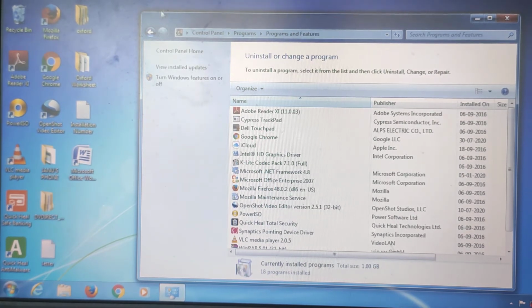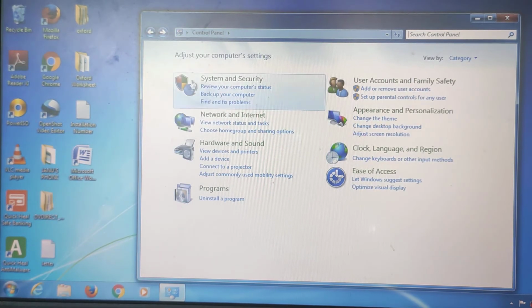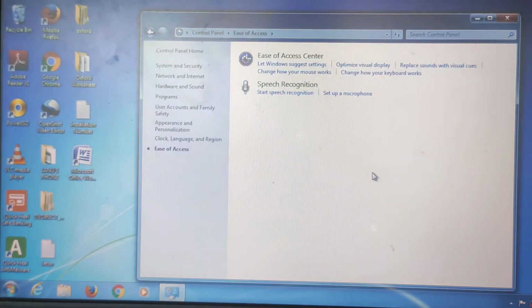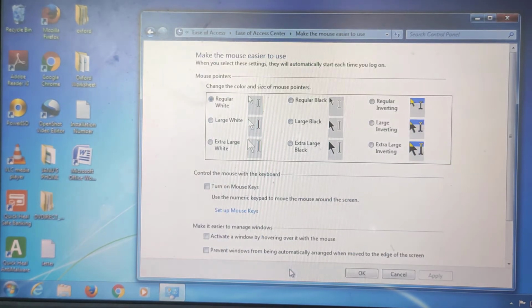So if your mouse is not working, what are you doing? I go to Control Panel. In Control Panel, I click on Ease of Access Center. Always scan this section. Okay, so if I modify my mouse setting, here is make the mouse easier to use.